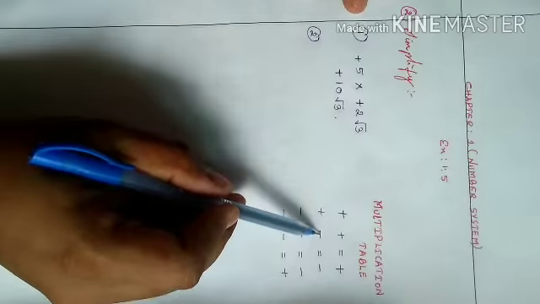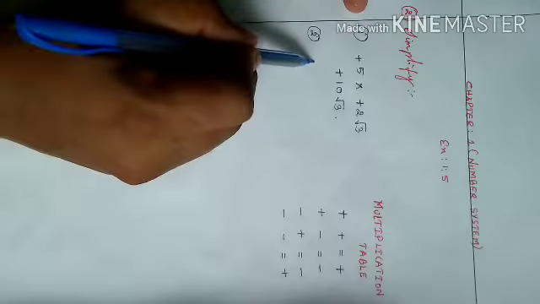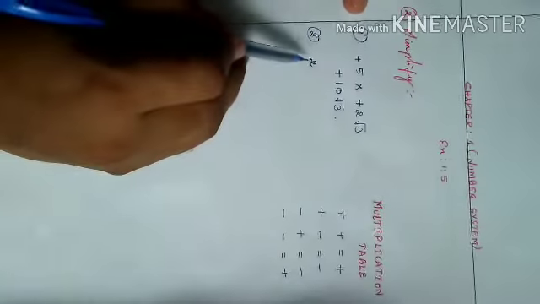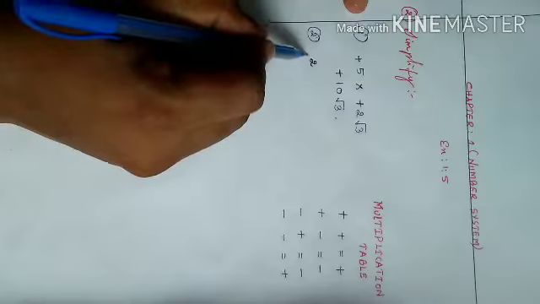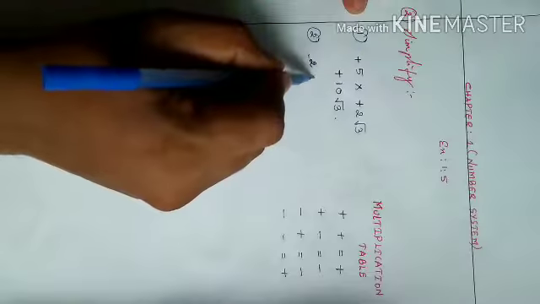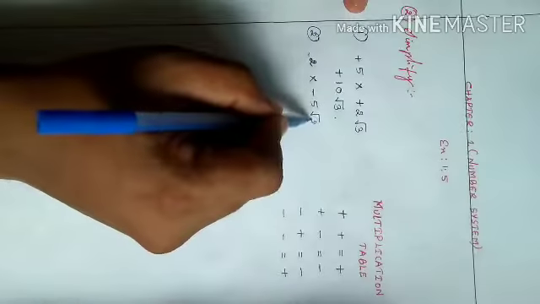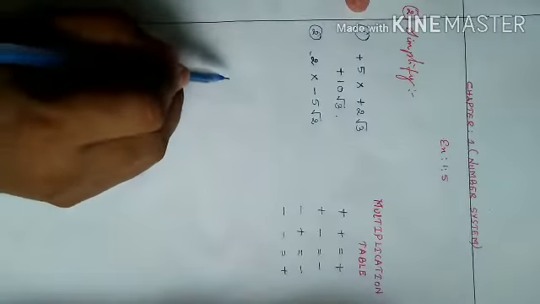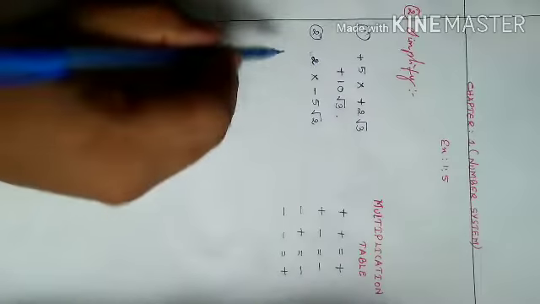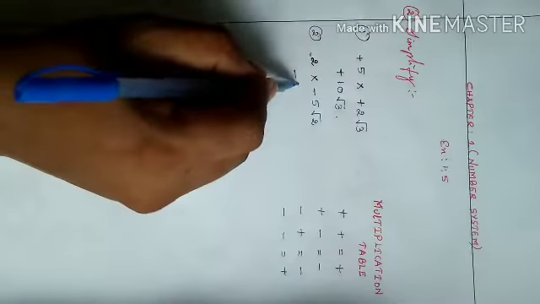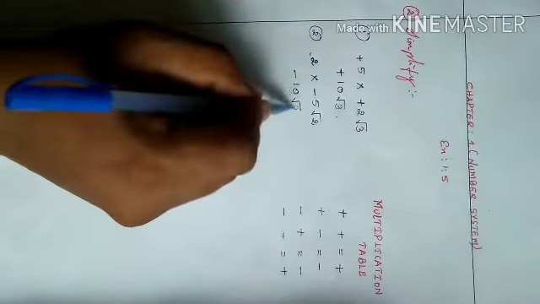Next one, plus minus. First I am going to put 2. Before 2, what is the sign here? Plus, so no need to put plus here. Into minus 5 root 2. Now what is the sign here? First we have to look at the sign. Plus into minus, minus. Then 2 times 5, 10 root 2.